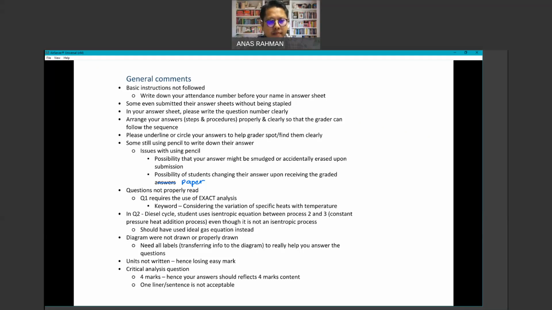All right. And for the next point, in your answer sheet, please, please, please write the question number clearly. So right now in test one, we only had two questions, question one and question two. But some students basically just jumbled up both questions in their answer sheets, making it very, very difficult for me to find the answer and to give you marks. So please, in the next test, final exam, make sure you indicate clearly at the top of the page the questions that you are trying to solve.